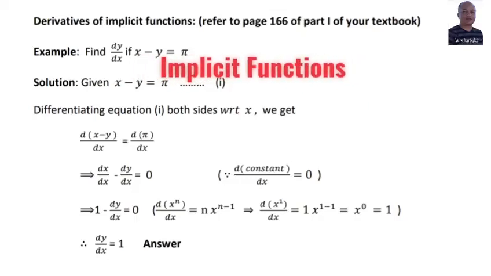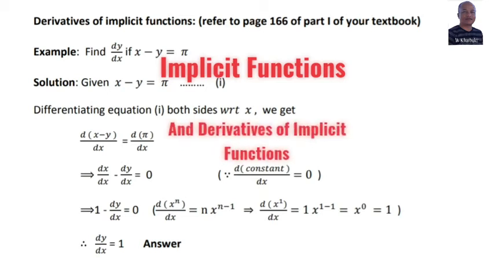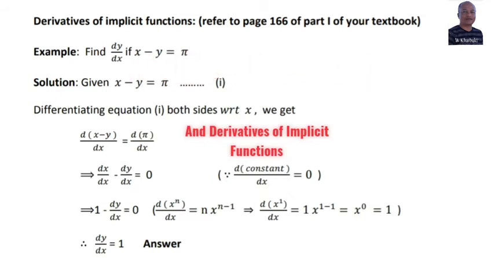So class, now let us learn about implicit functions and the derivatives of implicit functions. Implicit functions are those functions in which the x variable and the y variable are on one side of the equal sign, and on the other side of the equal sign we can always have a zero or any